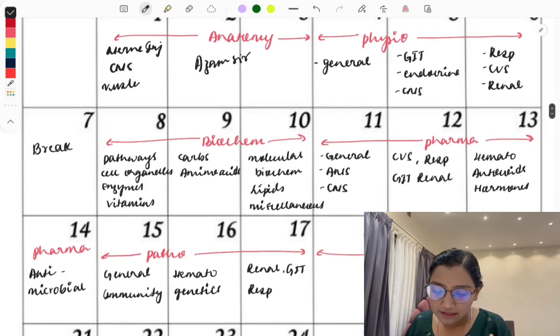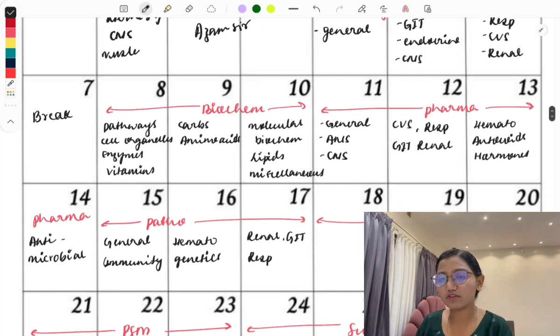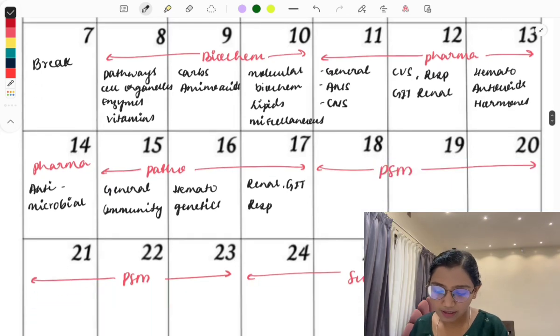Then 3 days for the biochemistry. So this is how you can divide the biochemistry. Then pharma, a very important one, and for pharma 3 or 4 days, according to you, you can take it. I have given 4 days for pharma. Then for the patho,